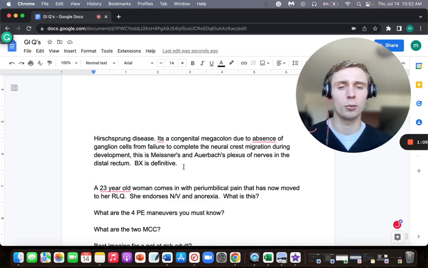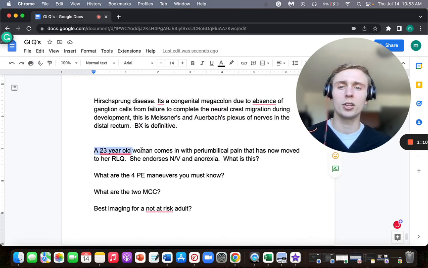And so on physical exam, importantly to know also, if you do a digital rectal exam, you'll note explosive, basically diarrhea coming out because it's been backed up for so long and it has a shut opening. So you're going to notice that if you do a digital rectal exam. And for Hirschsprung's disease, it's important to know biopsy is the definitive diagnosis. And the biopsy is going to show those aganglionic segments, which is the Meissner's and Auerbach's plexuses.